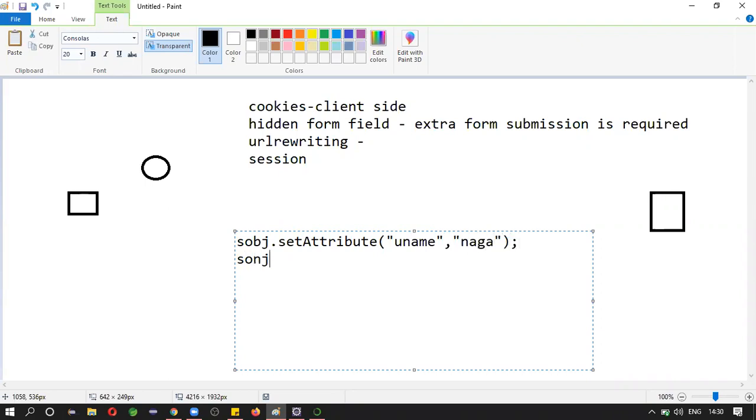Okay, s object dot setAttribute of pwd comma 2. Okay, so this is how I can set the data in the session object.